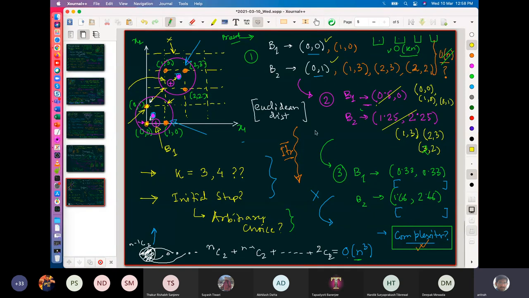Take two examples. With this example, try to see what happens with k equal to 3 and 4. Take an example where I have a point, for example, 10, 10. What happens if I pick up that point, and what happens if I do not pick it up? If I do not pick it up, obviously, if the two clusters would include 10, 10, we will have such kind of a thing.